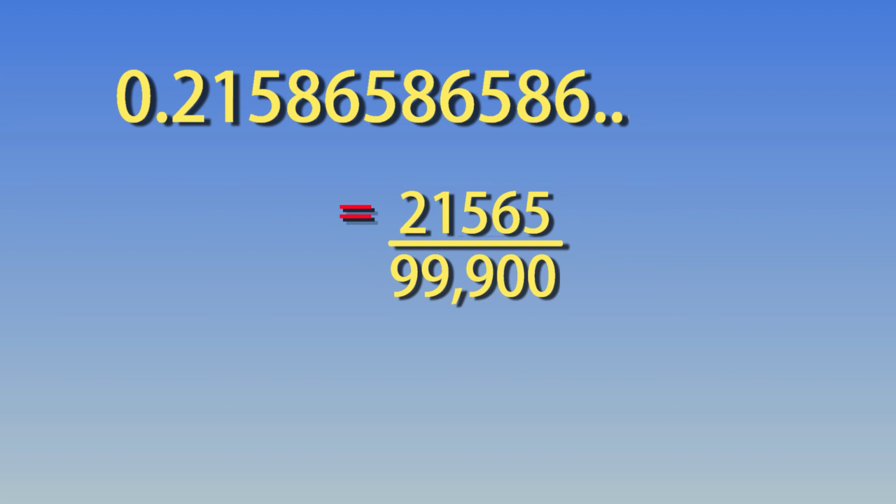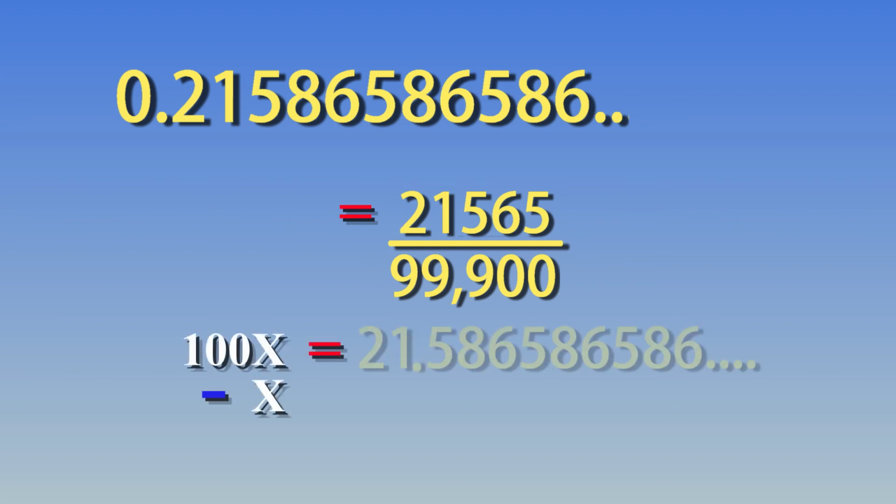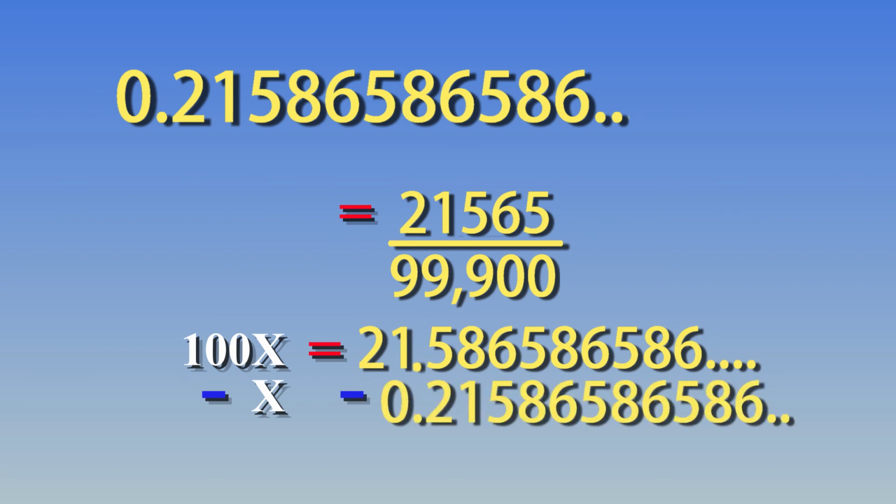We can see again why 100x minus x would not work immediately, because that would be 21.586 recurring minus 0.21586586 and so on. This time it's even worse because none of these decimals match up, making it even more difficult to work things out. So it is best practice to get two numbers, one larger than the other, but they have just the recurring decimals after the decimal point. And you can achieve that by using the methods that we looked at in example 2 and the previous example.